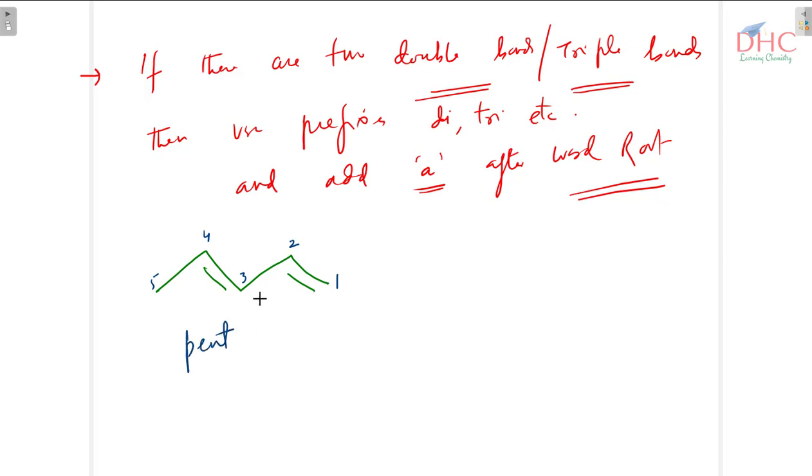Since there are 2 double bonds, I told you when there are 2 double bonds or triple bonds, you have to use diene. But the point is you also have to add a after the word root. So the word root is pent, so add a, that's penta. Then there is a double bond at 1 and at 3, so it becomes 1,3 diene. So the name is penta 1,3 diene. Another example we will choose over here is